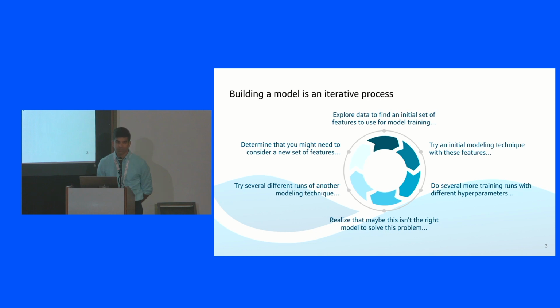So you train with some choices of hyperparameters, and you get to your first model, but then you may realize that maybe this isn't the right modeling technique, maybe this isn't the right set of features, maybe this isn't the right set of hyperparameters. So you got to go through this flywheel, typically more than once,